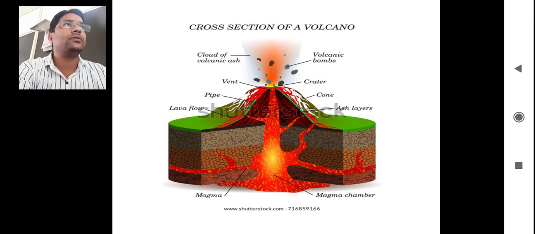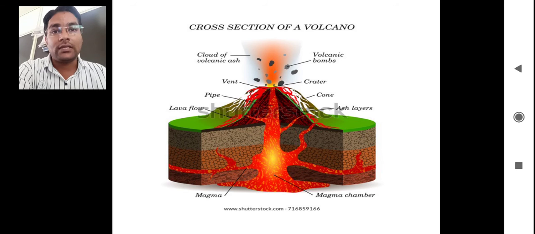In short, we can see what this magma contains. It is actually a crystalline and fragmented material. It contains unmelted rocks, dissolved gases, and its composition is mainly oxygen, silicon, aluminium, iron, manganese, calcium, sodium, potassium, titanium. These are the metals which are present in the molten magma.